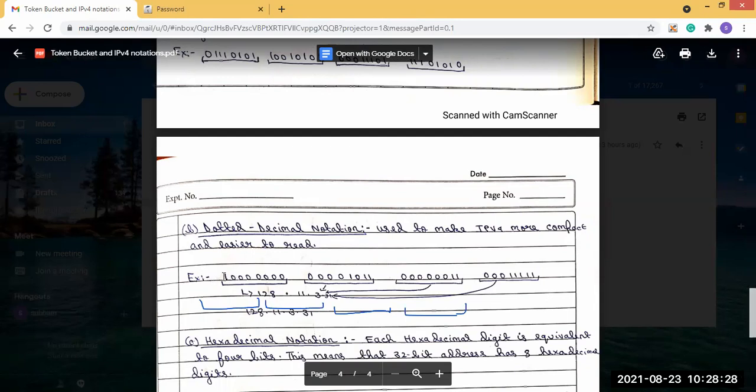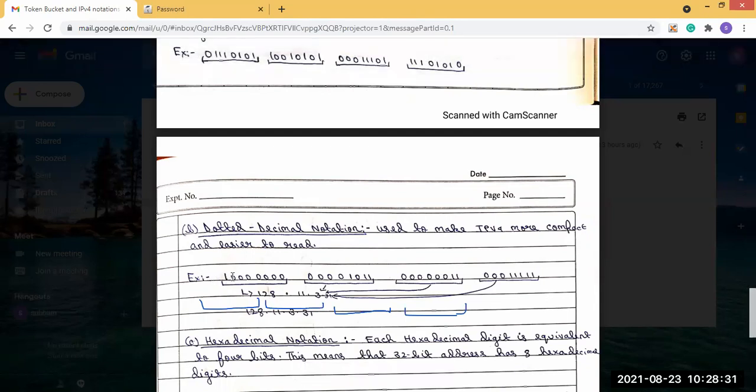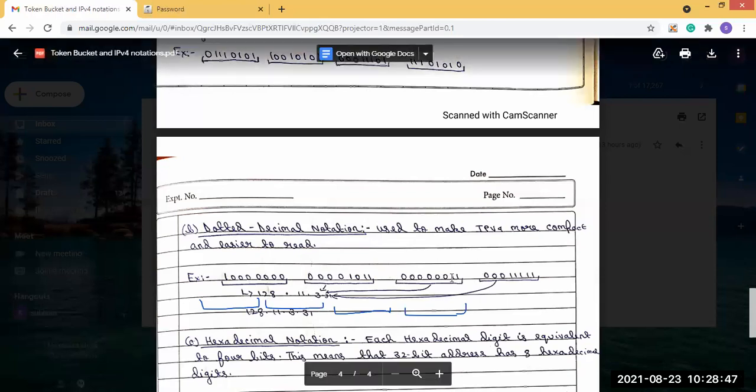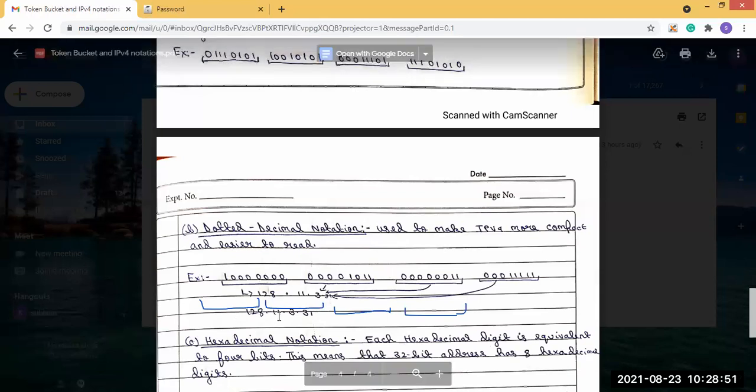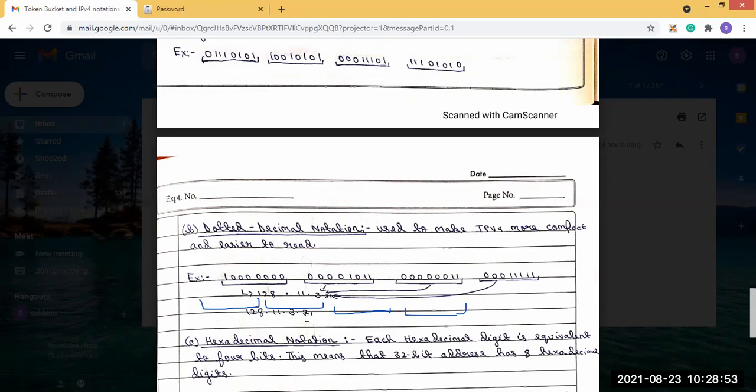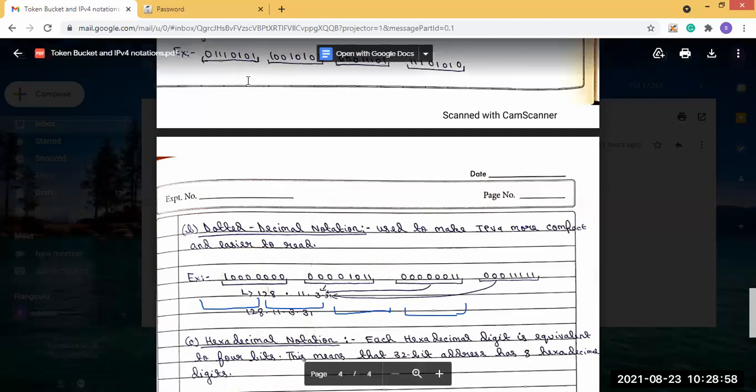Let's say this type of address is given, 10000000 and so on. We divide it one by one. So this is 128, then this binary is 1, then this is 11 and this is 31. So 128.1.11.31. If we look at this and at that, then it is more